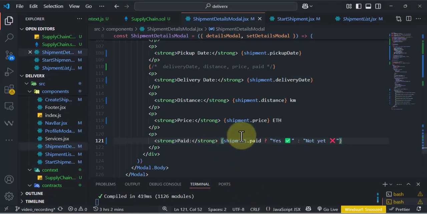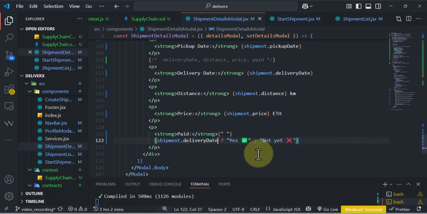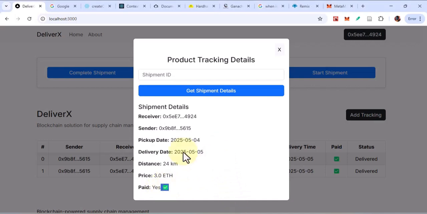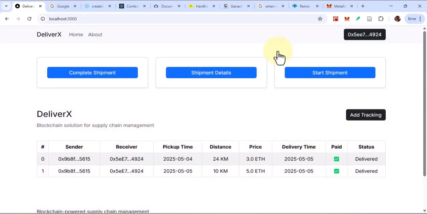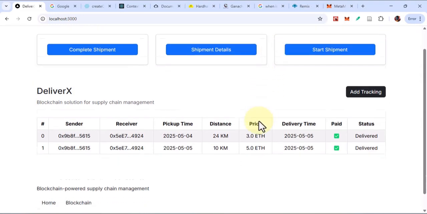If we have a delivery date, then show it, otherwise not paid yet. Alright, so on that note, we can now say we have come to the end of the integration of our application to the blockchain locally. And now let us go ahead